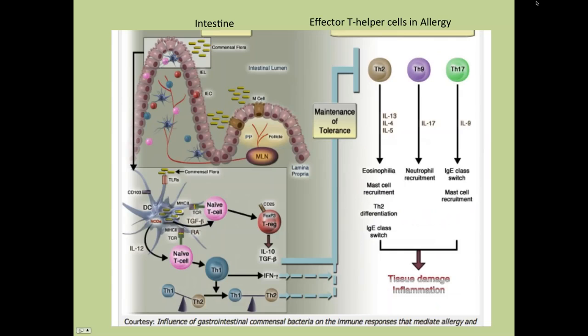Obviously, one of the biggest things you can do, and I know I've talked about it a lot, but this kind of gives you a better idea. So if you look at maintenance of immune tolerance, there is this Th2, Th9, and Th17 role for our immune cells. And what we're really trying to do is keep our immune system in a balance. But what happens